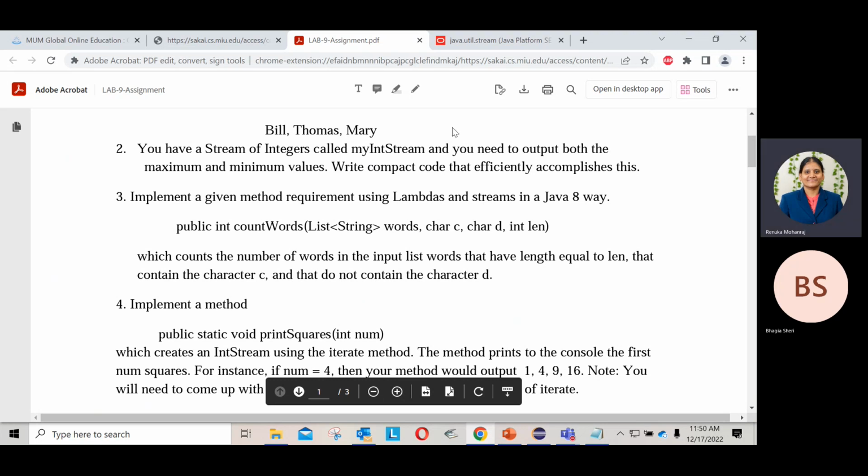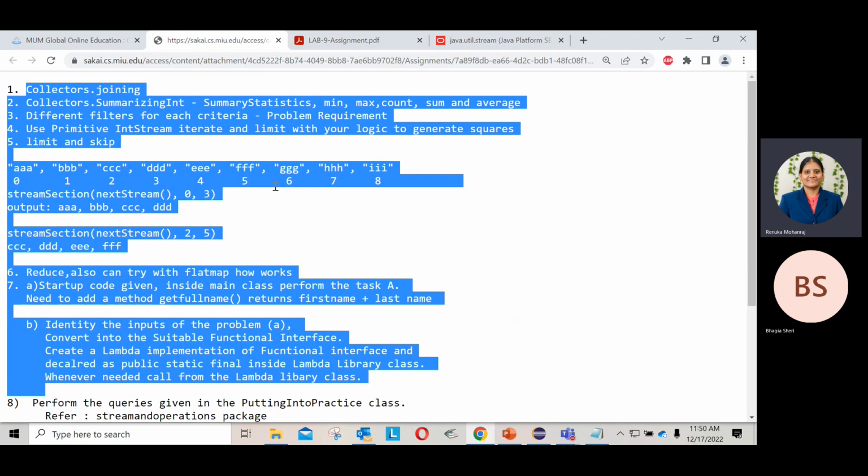IntSummaryStatistics. Collect the result as summary statistics and you can print getMax, getMin. But when you print the whole object, it will print max, min, average, count, everything. But I need only min and max, so you can call the getter methods, getMax, getMin. So the notes will tell you about